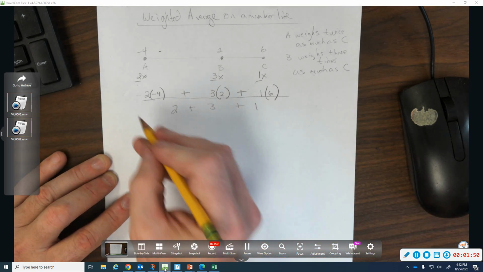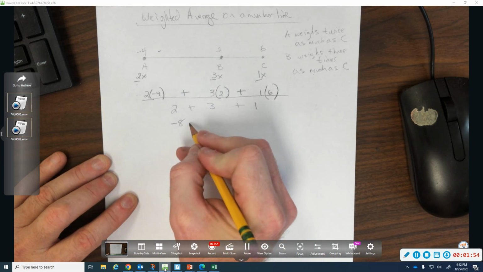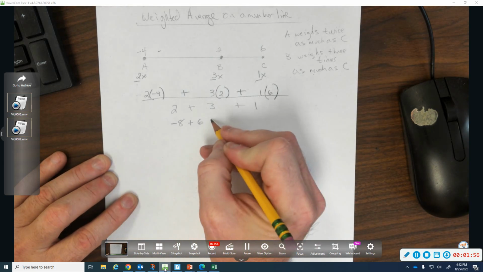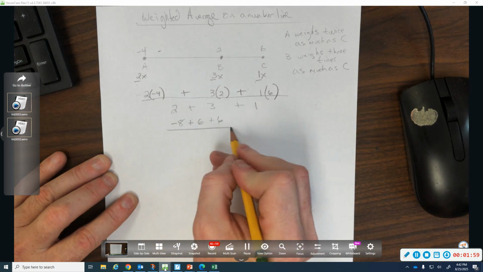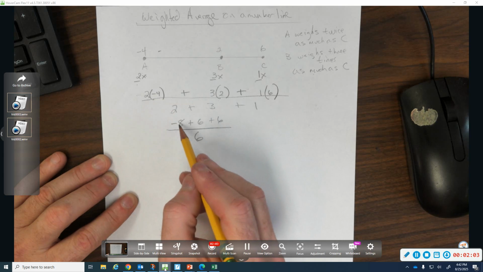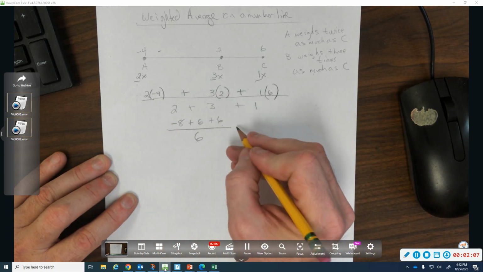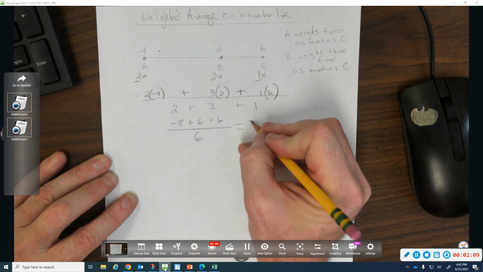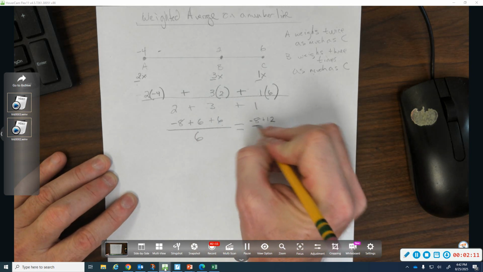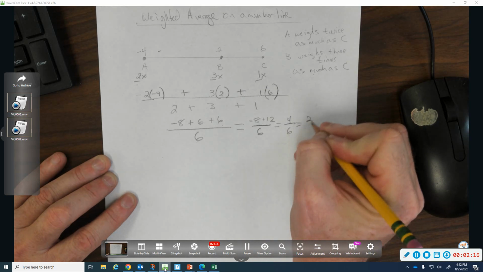So if I simplify this, I end up with negative 8 plus 6 plus 6 all over 6, because 2 plus 3 plus 1 is 6. 2 times negative 4 is negative 8, 3 times 2 is 6, and 1 times 6 is 6. So I'll simplify this to negative 8 plus 12 over 6, which simplifies to 4 over 6, which simplifies to